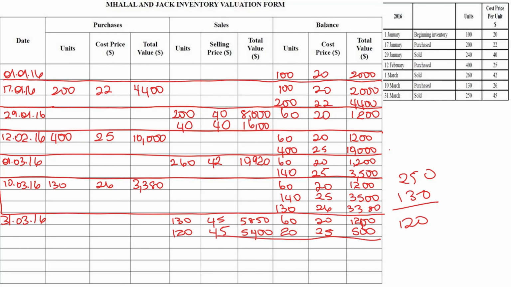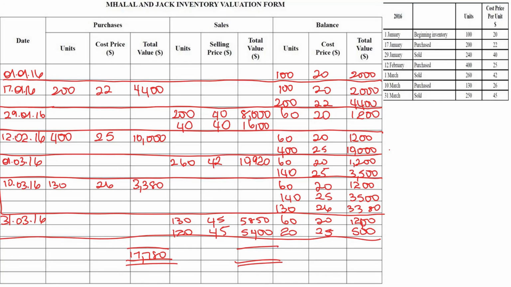So the final thing that we're going to do is we're going to tally up our balances. So the total value of our purchases is $4,400 plus $10,000 plus $3,380. And that's going to give us $17,780. Then we're going to add the total value of our sales, which is $8,000 plus $1,600 plus $10,920, $5,850 plus $5,400, and that's going to give us a total of